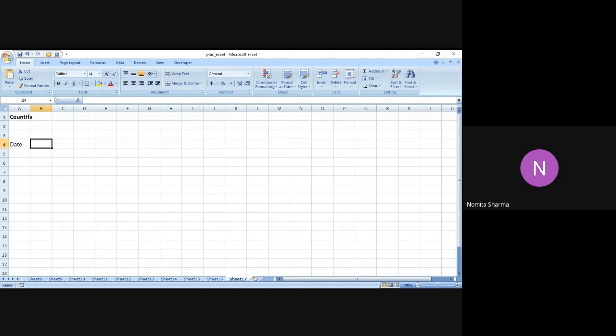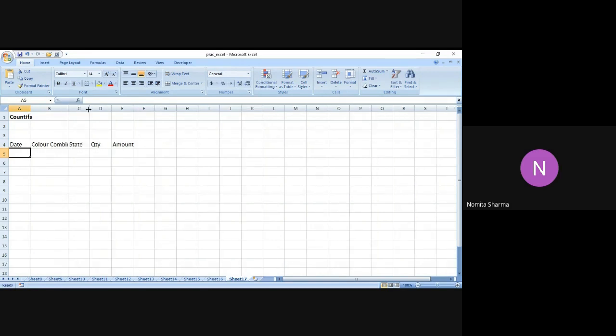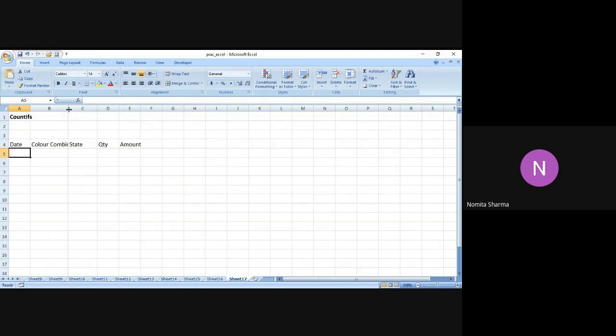So first I have the date. I can have the color combination that is being offered for a particular day. I can also have the state where that particular color combination is being offered in a particular product. I have the quantity, and then I have the total amount that is there for that particular product. Product could be any, it may be car, it may be bus, it may be home furnishing, or any other.